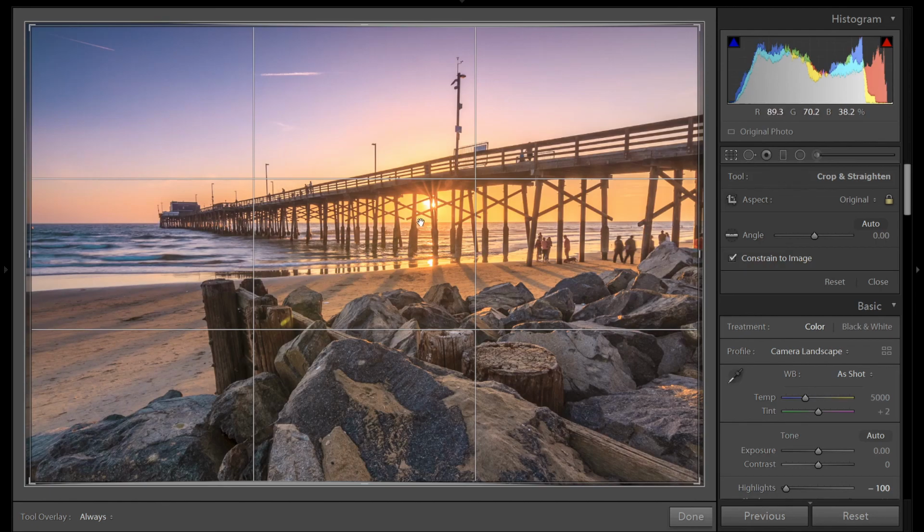I was able to get this small sun flare by using a small aperture, such as f14. When you're using a small aperture, place the sun partially behind an object. In this case, it's this pier pylon, and you'll get a sun